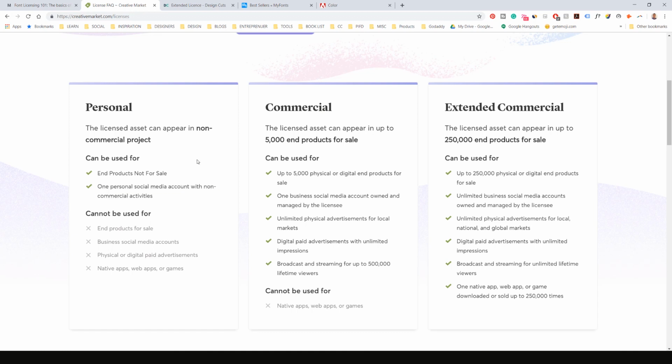This is Creative Market. It's different on different sites, but I like how they laid it out here. It's simple. And you can see here, cannot be used for products for sale, can't be used for web apps or games, can't be used for physical, digital ads, etc. And then if I go to commercial, you can see here the license is limited for 5,000